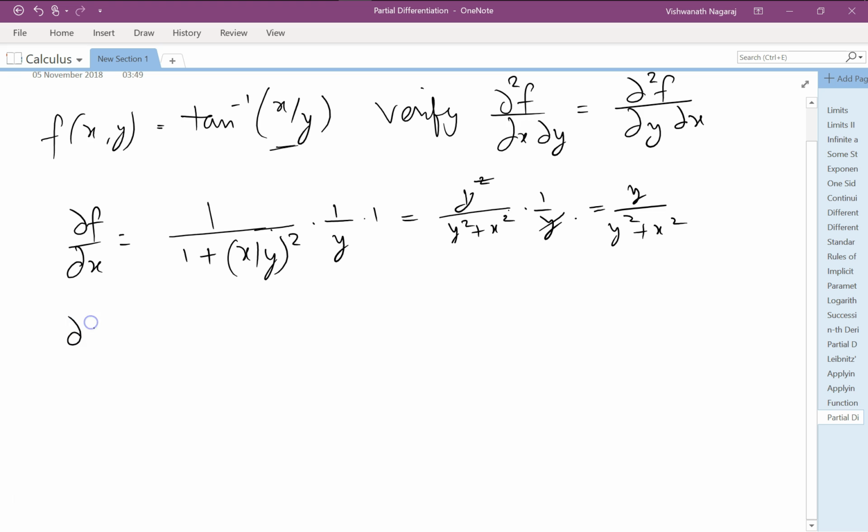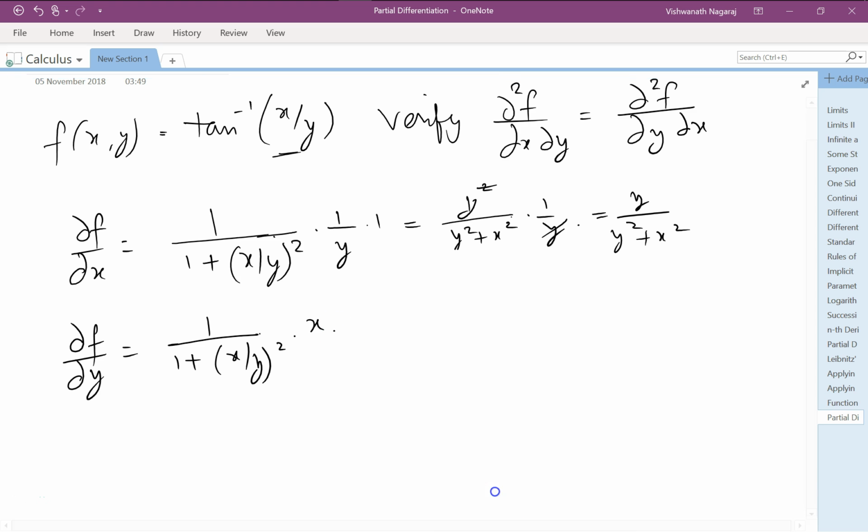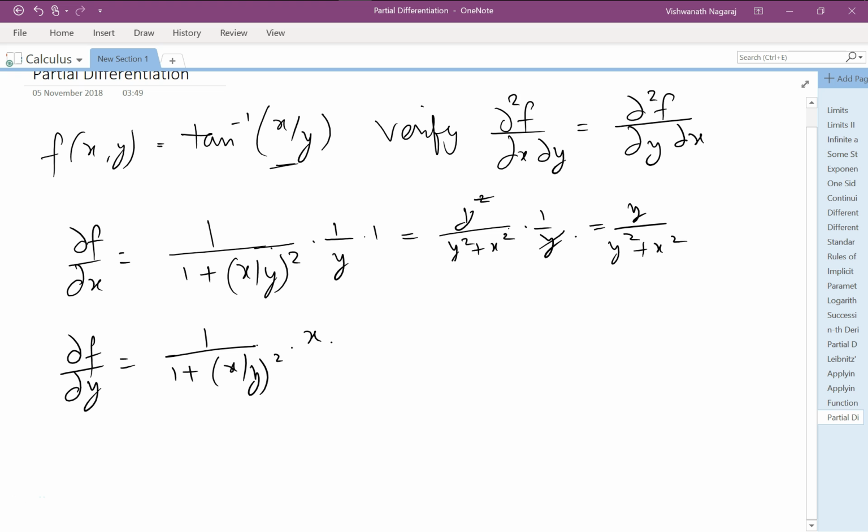Now let's do it with respect to y. Now here y is constant. So again 1 by 1 plus x by y square times, now here remember x will be treated as a constant. So x times, now differentiation of 1 by y. Now 1 by y can be looked at as y to the power of minus 1. So when we differentiate it, what will happen? Minus 1 by y square, which is equal to 1 by y square will come up and here it will become y square